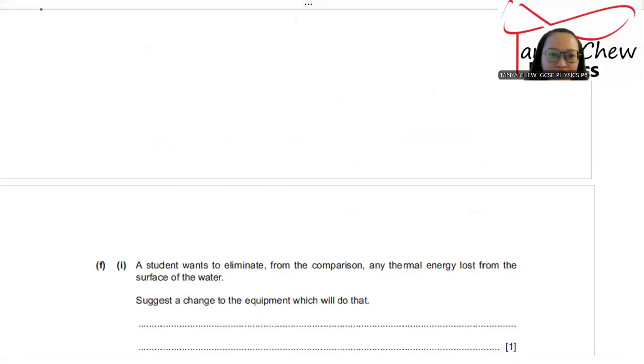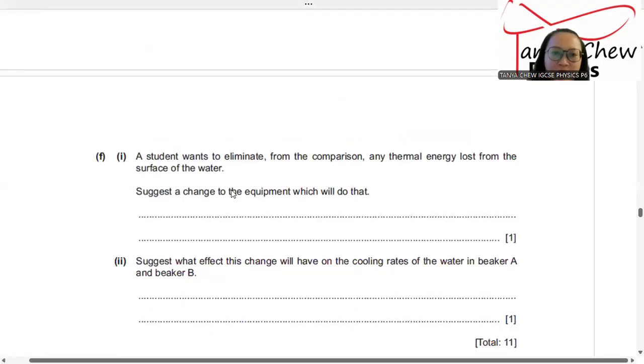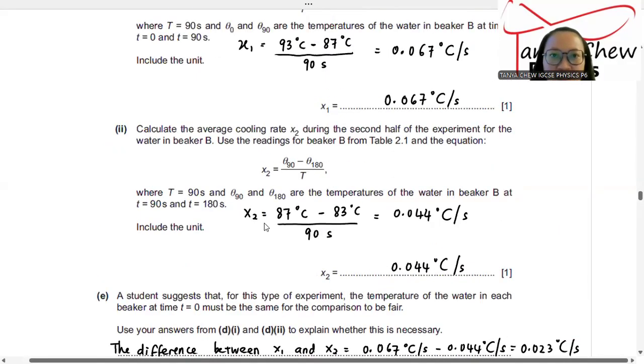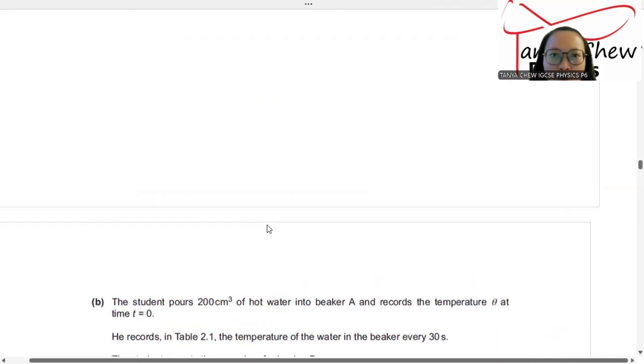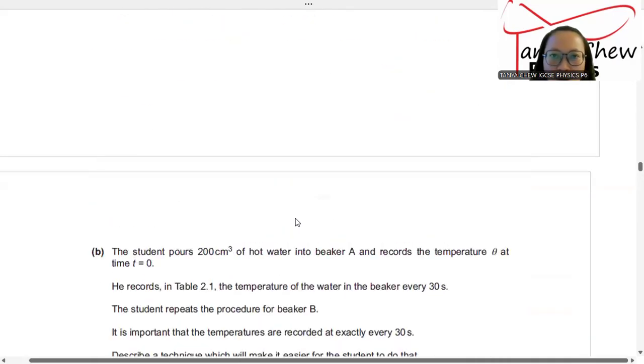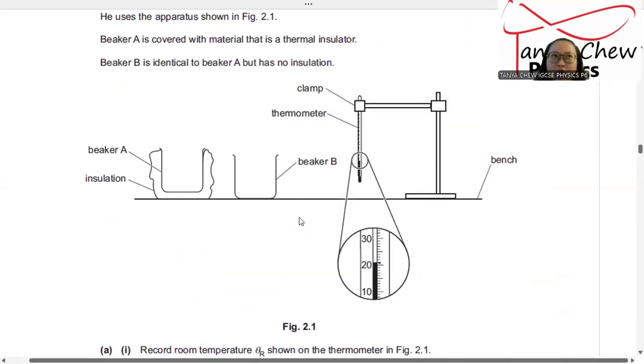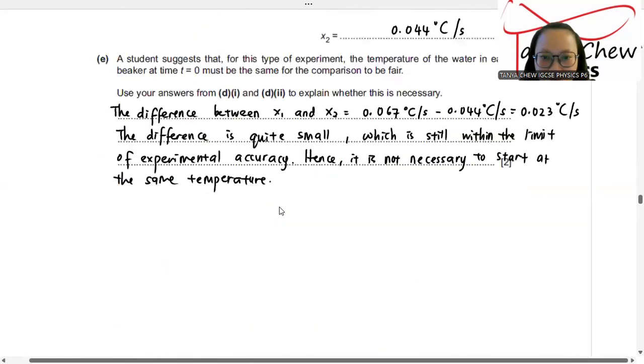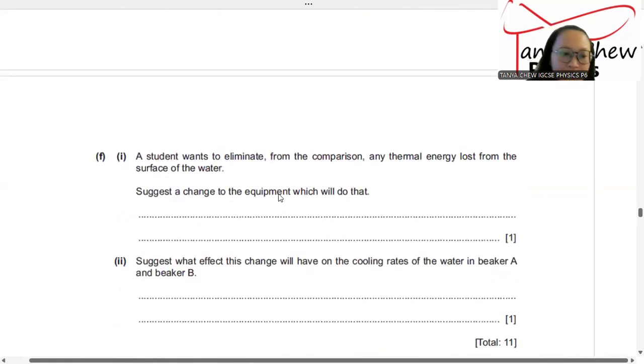F. A student wants to eliminate from the comparison any thermal energy lost from the surface of the water, suggest a change to the equipment which will do that. So you see that these two beakers are exposed to the surroundings. Right? When the beakers are exposed to the surrounding, of course, a lot of heat will be lost to the surrounding from the surface of the water. So that is why cover beaker